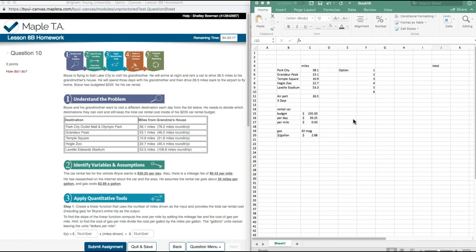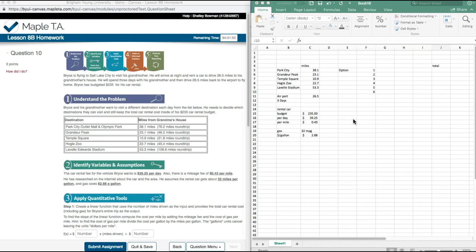Bryce and his grandmother want to visit a different destination each day, so every 3 days there's going to be a different destination from the list below. He needs to decide which destinations they can visit and still keep the total car rental cost inside his $235 car rental budget. The car rental fee for the vehicle Bryce wants is